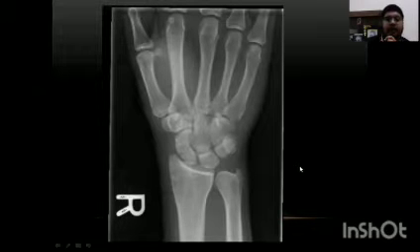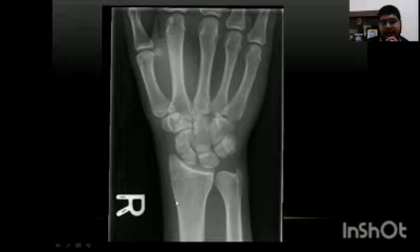So after the exposure, we will get the radiograph like this. So this is a radiograph of wrist PA. So in the wrist PA, you can see we have included the wrist joint and the metacarpals and the 1/3 of radius and ulna nearer to the wrist.